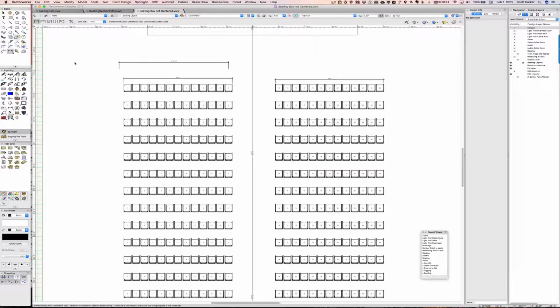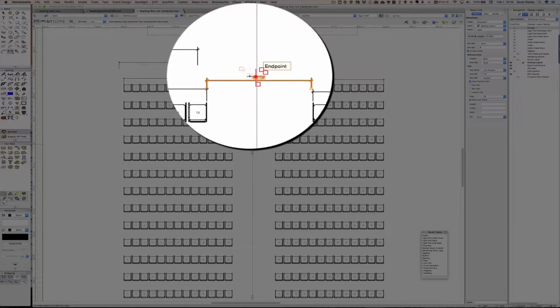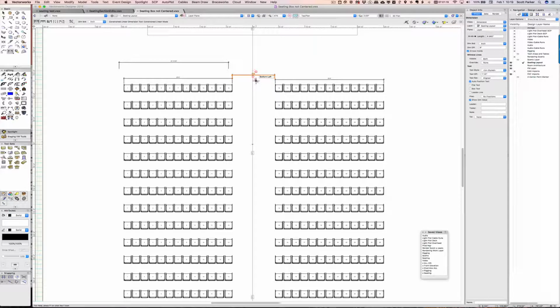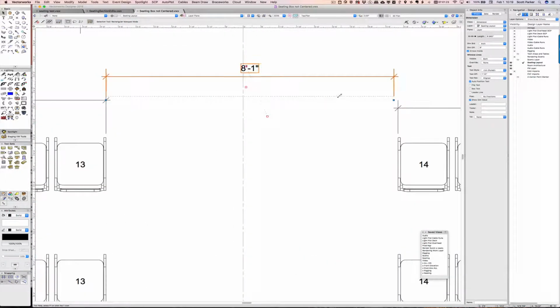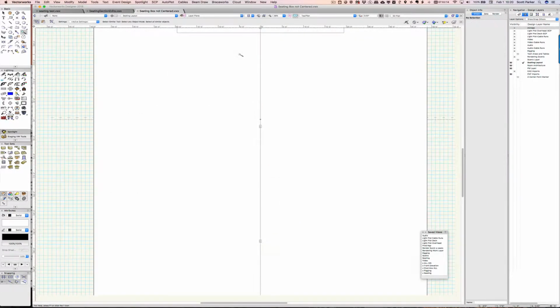And just for jollies, let's see how much space we have between them. And we have just over 8 feet. Let's get rid of the fraction. We have 8 feet 1 inch. So that's one method of editing a seating layout. Now another way of doing this,